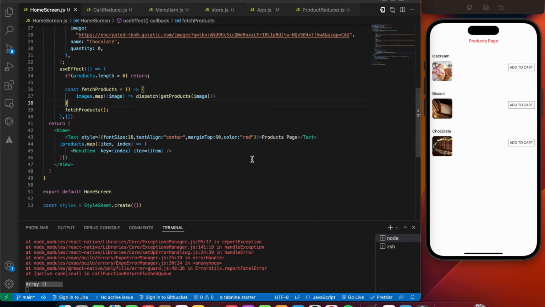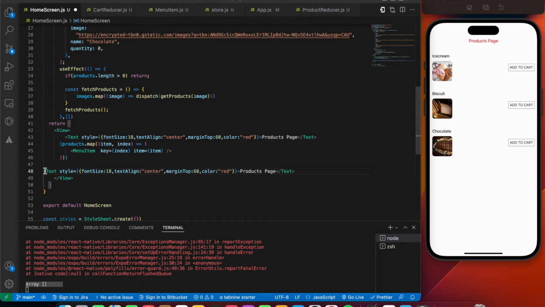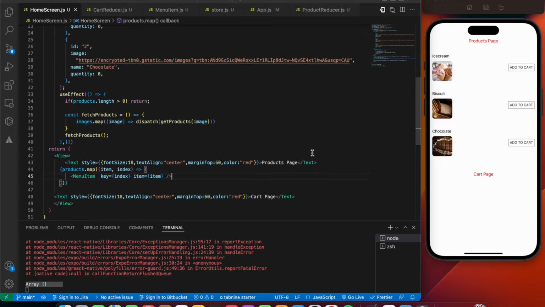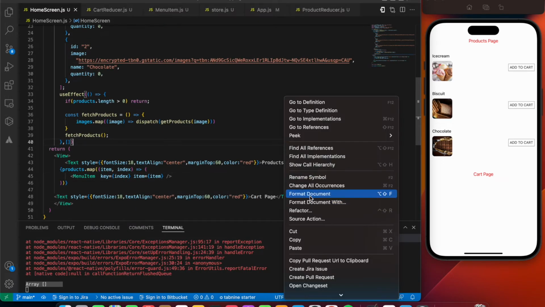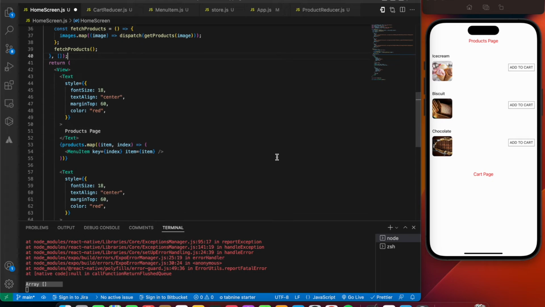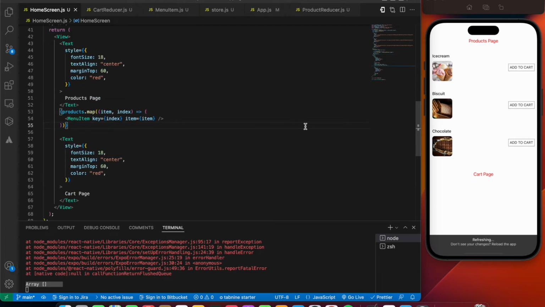So now after this we'll be initializing another text. We'll be showing all the cart items here in the home screen just to understand better. So this is gonna say cart page. Let us format it once over here and save the file.